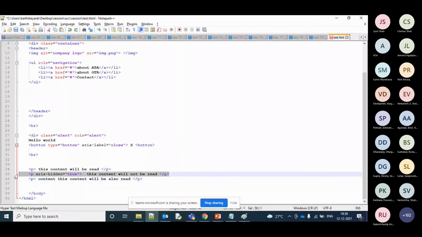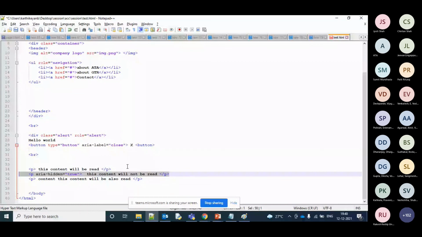So if you want to skip some content, when you're testing the page with the screen reading software and you find a particular content is not getting read properly, then you can set ARIA hidden equal to true. Then this won't be read by the screen reading software. It will be skipped to the next element.